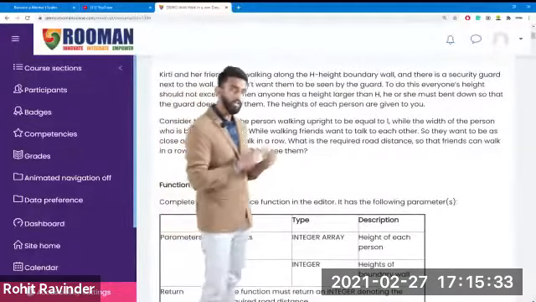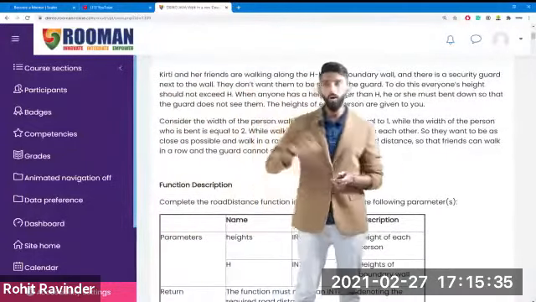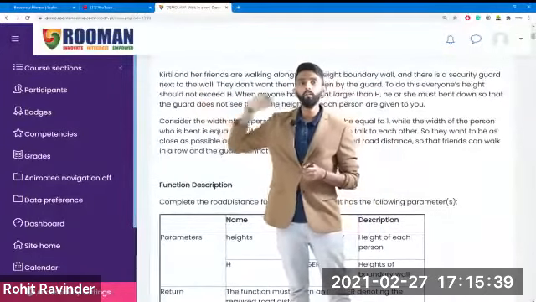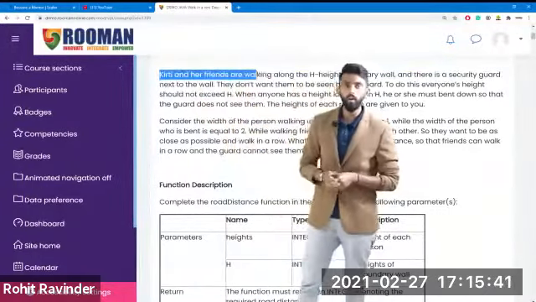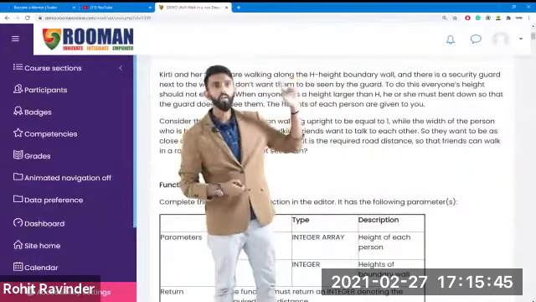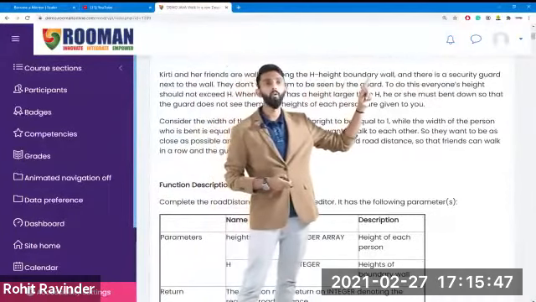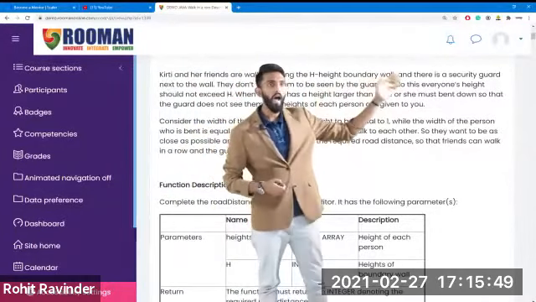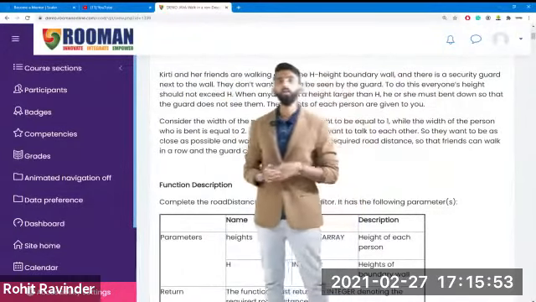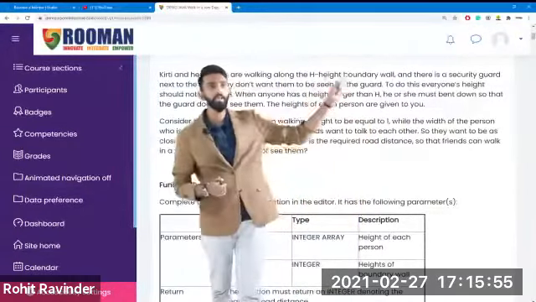Now see, this is a coding question. How are you going to convert this English statement into coding? Let us see. Kirti and her friends are walking along the height boundary wall, and there is a security guard next to the wall. They don't want to be seen by the guard.